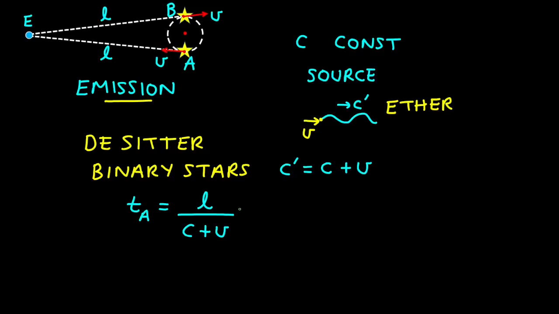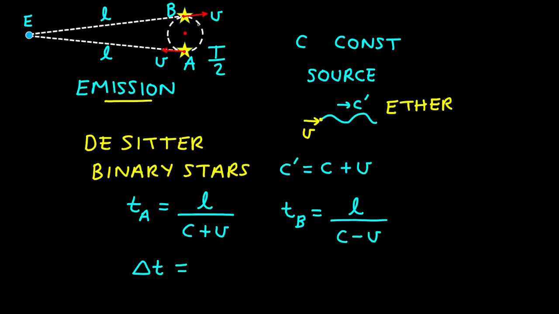And then from position B, the time taken for the light to travel to Earth is the distance on the speed of light minus the speed of the source. Note that in position B, the velocity of the source is pointing away from the Earth. So given that the star takes half a period to move from A to B, then the observed time interval on Earth between the observer that sees the star at A and then at B, which we'll denote delta t,